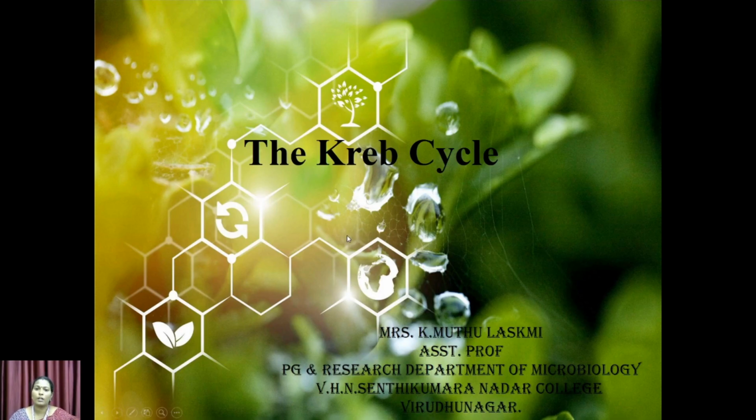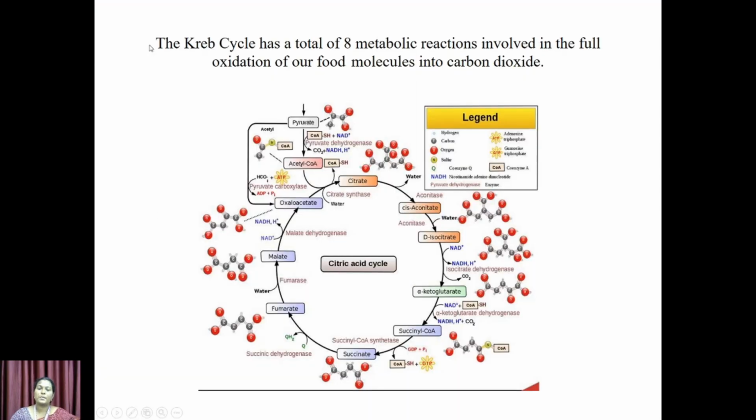Students, now I am talking about the Krebs cycle. The Krebs cycle has a total of 8 metabolic reactions involved in the full oxidation of our food molecules into carbon dioxide, CO2. This is the citric acid cycle. Another name is the TCA cycle,